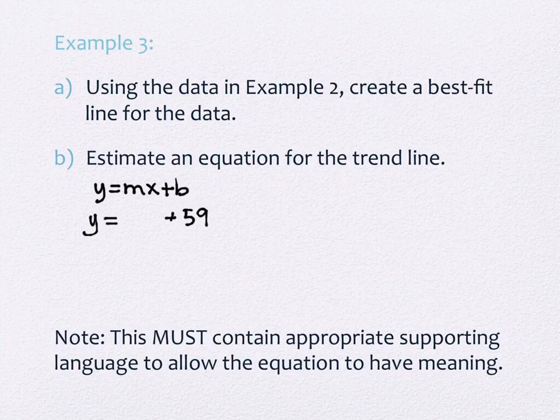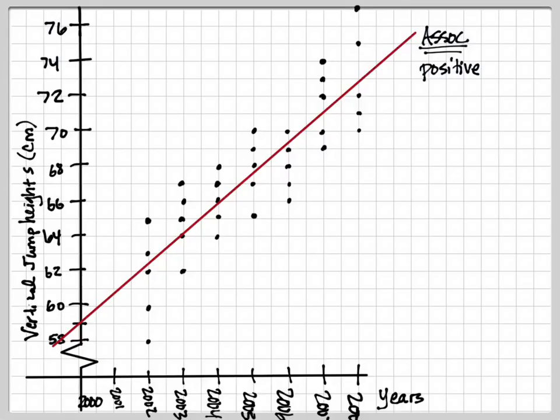m is the slope. Okay, in my case, I've got a grid where I can count it out, and that's lovely. I can count how far up did it go, how far over did it go. It's great. I'm going to do that, but then I'm going to show you what happens if you don't have that, which is the case most of you have. Now, you need points on your line, not just random points on the graph. It has to be points that are